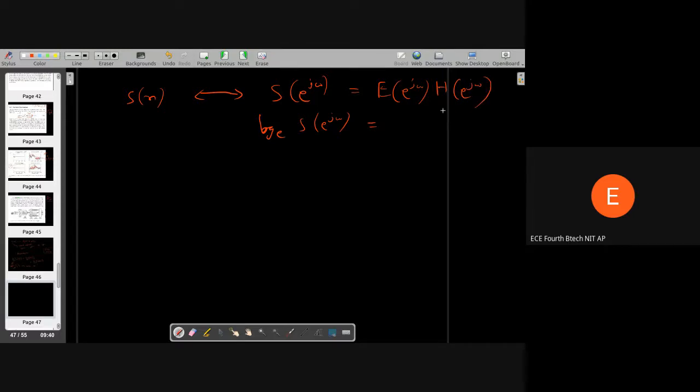So if you take the log in the frequency domain, we get it in additive terms: log of E plus log of H. Now if you take the inverse Fourier transform of this signal,